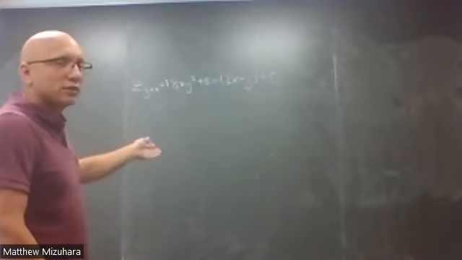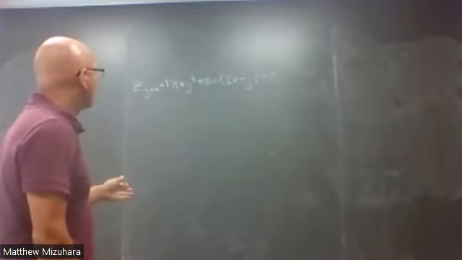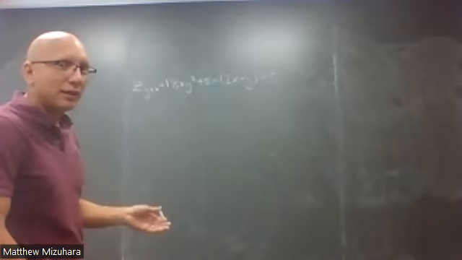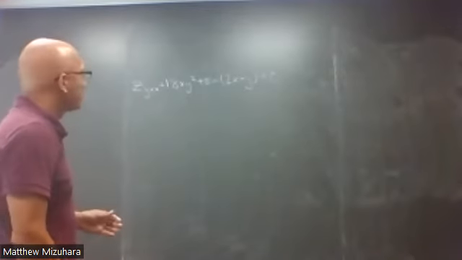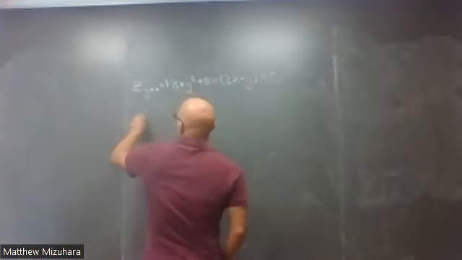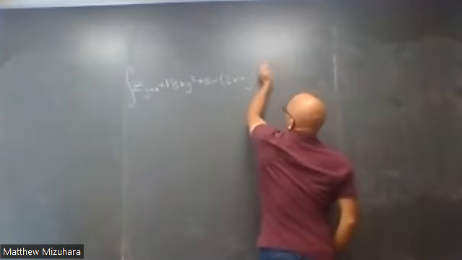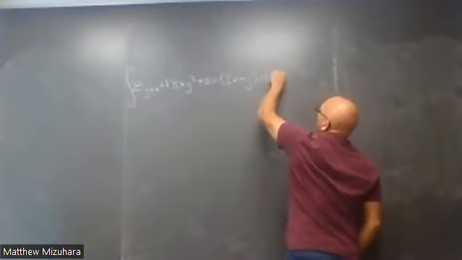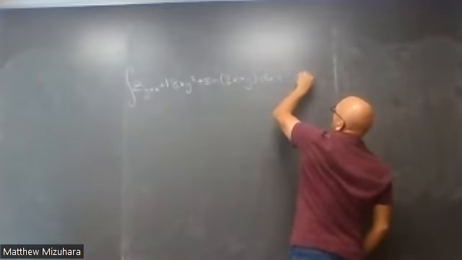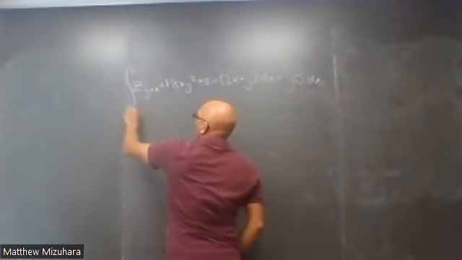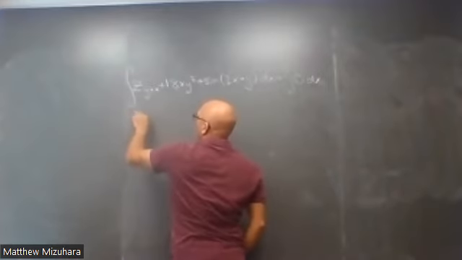So to solve this, we need to integrate first in x, again in x, and finally in y to undo all the derivatives one by one. So I'll start by just taking the x antiderivative of both sides. So on the left, I'm left with z_yx,